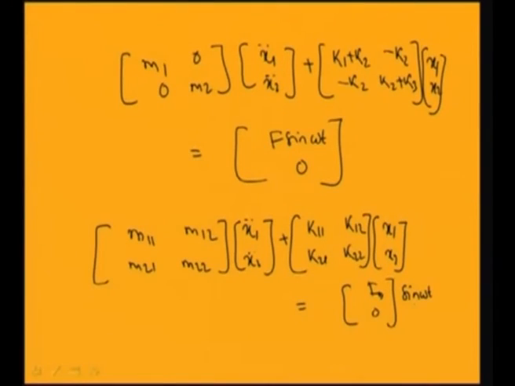Already you know in case of a single degree of freedom system, when a system is subjected to a harmonic force of F sin omega t, the system will oscillate with the same frequency, but with different magnitude and with a phase difference. So, you can assume for this case that both x1 and x2 are oscillating with the same frequency omega. So you can assume a solution in this form. For steady state, you can assume x1 and x2 equal to capital X1, X2 times sin omega t.